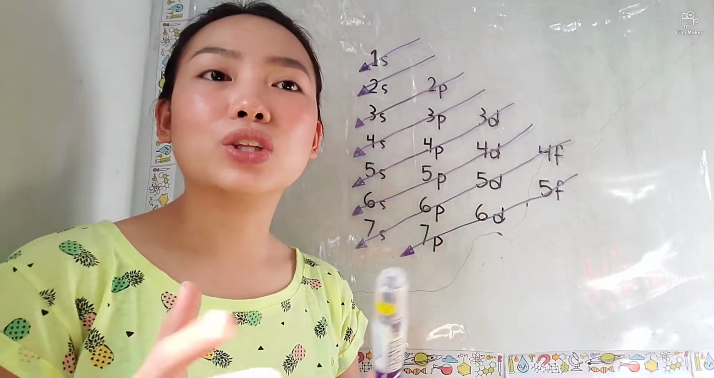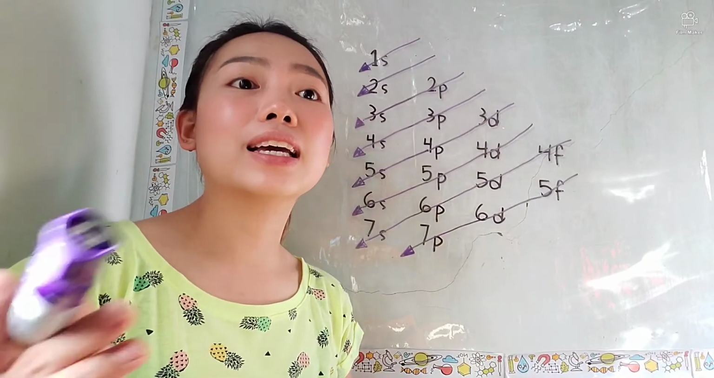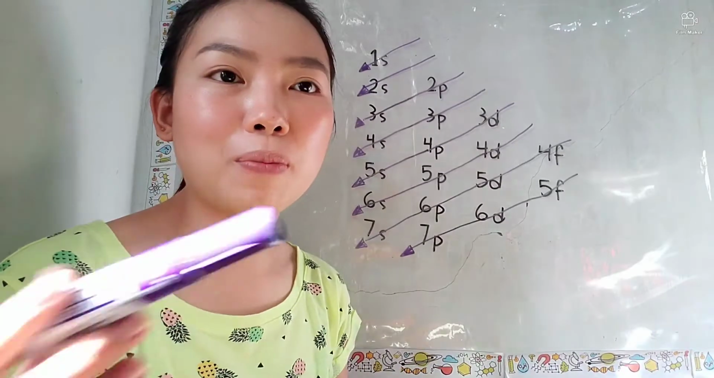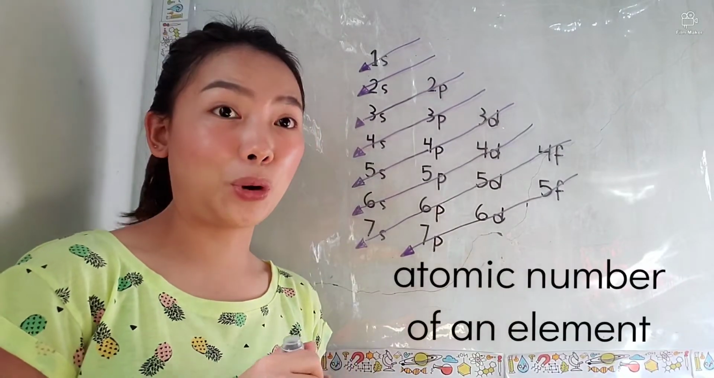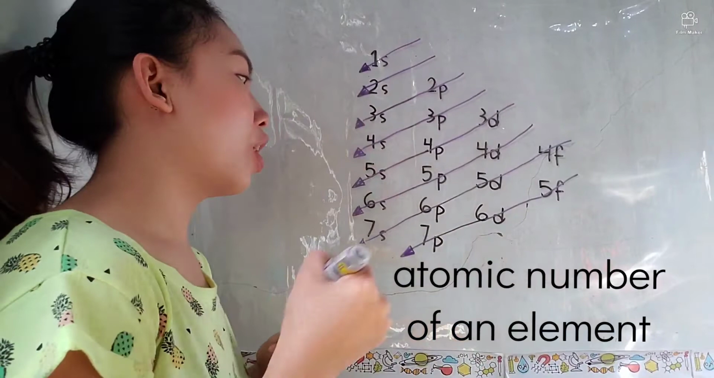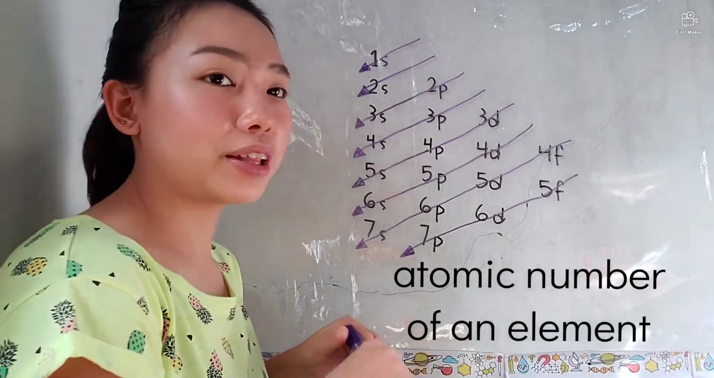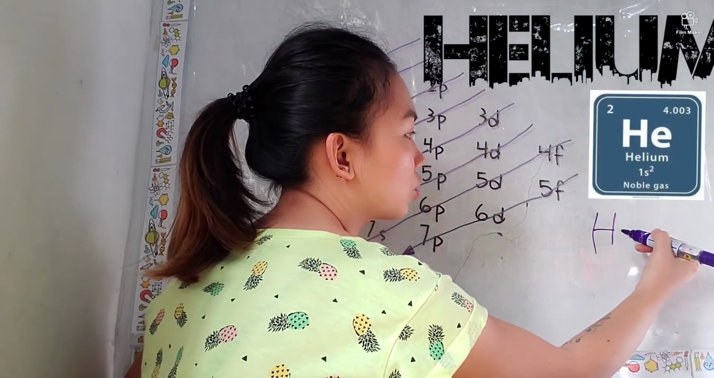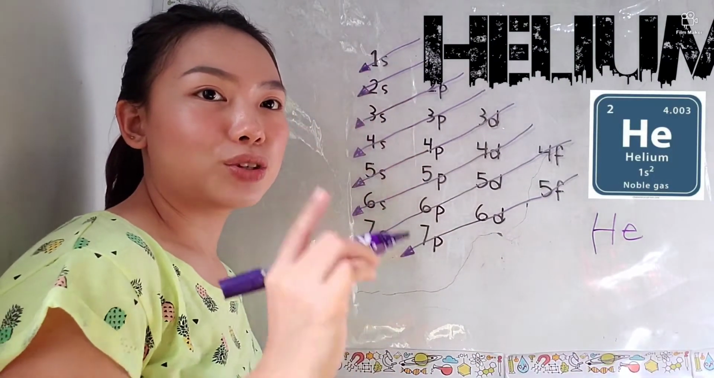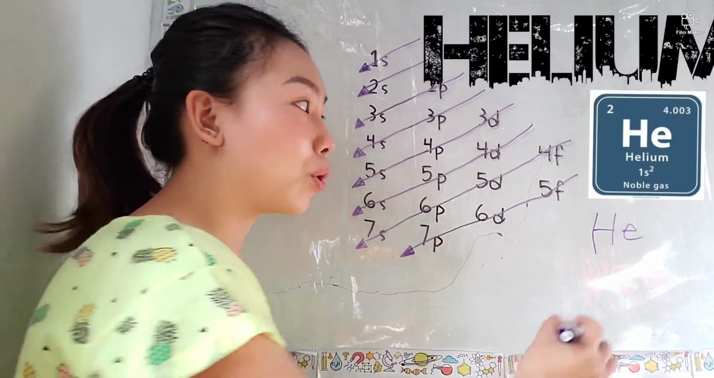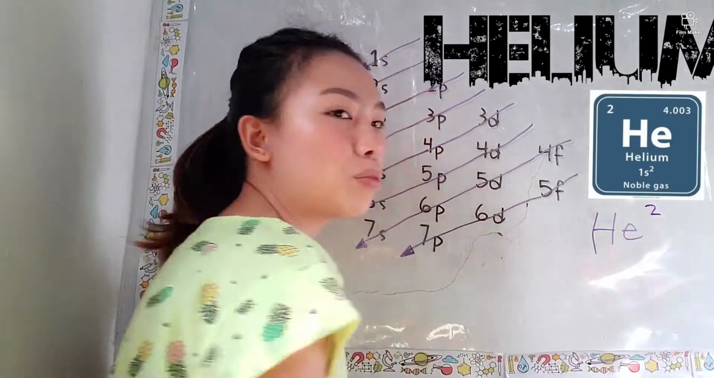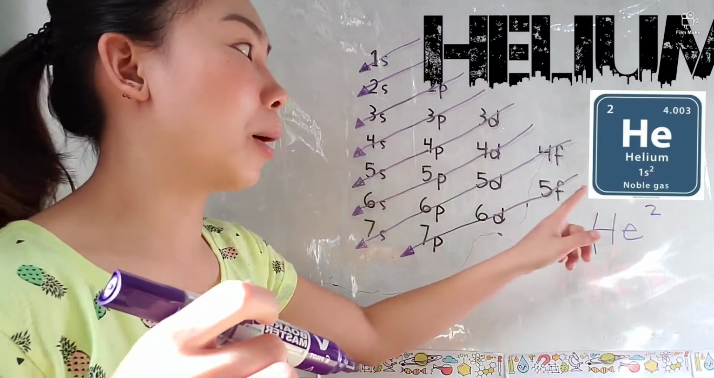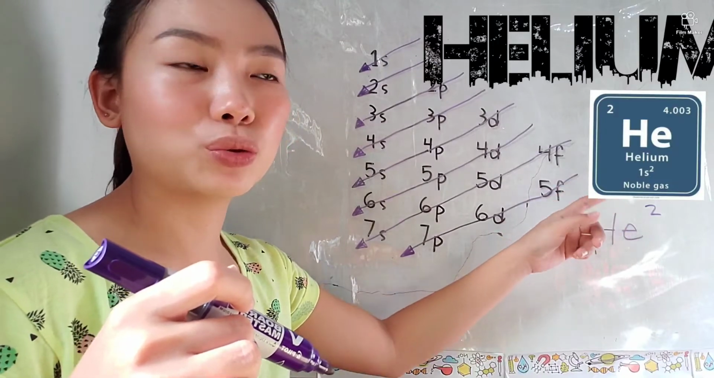So, para malaman natin yung arrangement ng electrons ng isang element, yung ating electron configuration ay magbabase sa atomic number. Now, in the atomic number, for example, we have an element, helium. So, helium has a symbol of He. Helium has the atomic number of 2. Saan ba makikita yung atomic number? When you take a look on a periodic table, the number at the top is referring to the atomic number,